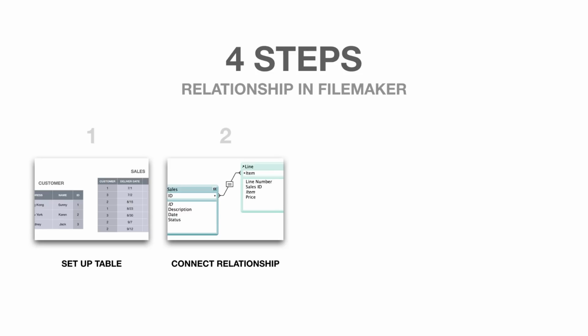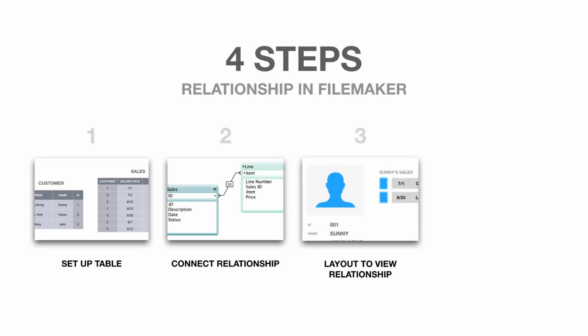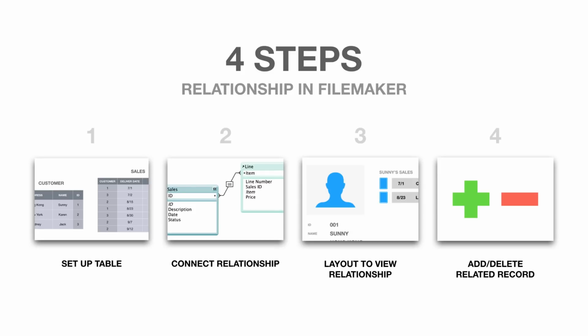And with these two things set up, we are now able to go to the third step, which is to set up a layout so that you can view records in relation to the relationship that you just set up. And the final step is that once you have a way to view the records, you of course want some way to add and remove related records easily. These are the 4 things that we are going to go through today